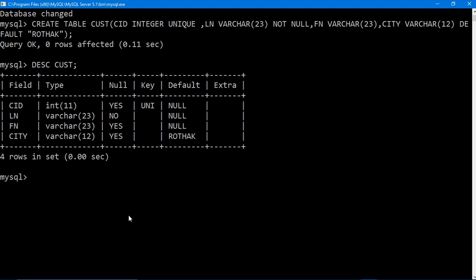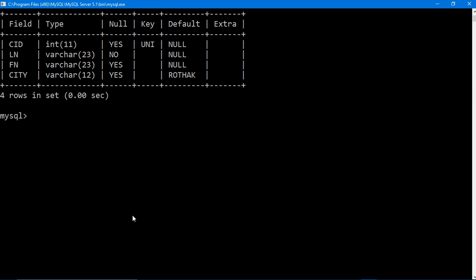Fine. Now next is putting values into it. How to put values? Insert into customer, CUST. I have taken the name customer. Values. Then I'll put 1 for CID.